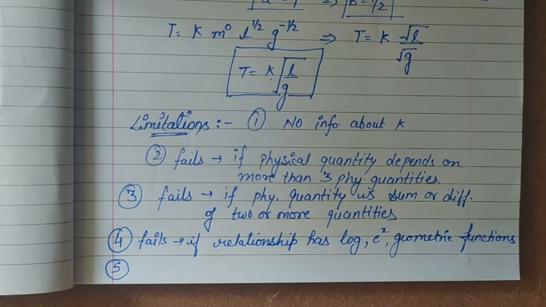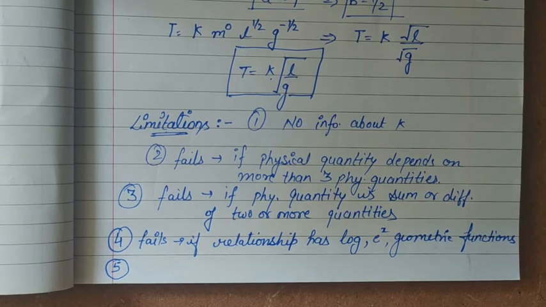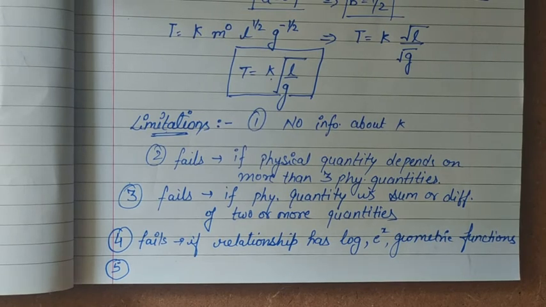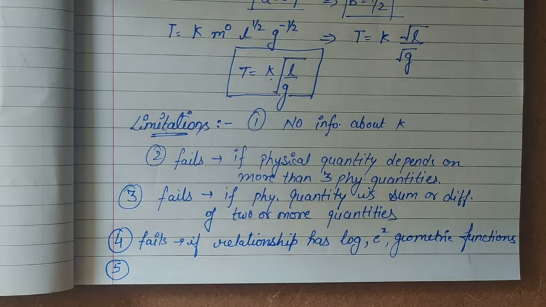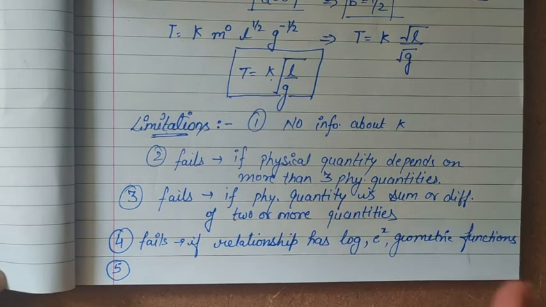Last limitation is that sometimes it is difficult to identify the factors. Like sometimes we don't know on which factors that physical quantity depends. If the question doesn't say that it depends on mass or on length, or many times the formula involves Planck's constant, gravitational constant, and it is not given in the question, then it is difficult to identify whether this physical quantity depends on these factors or not. So the last limitation is that sometimes, not all the times,